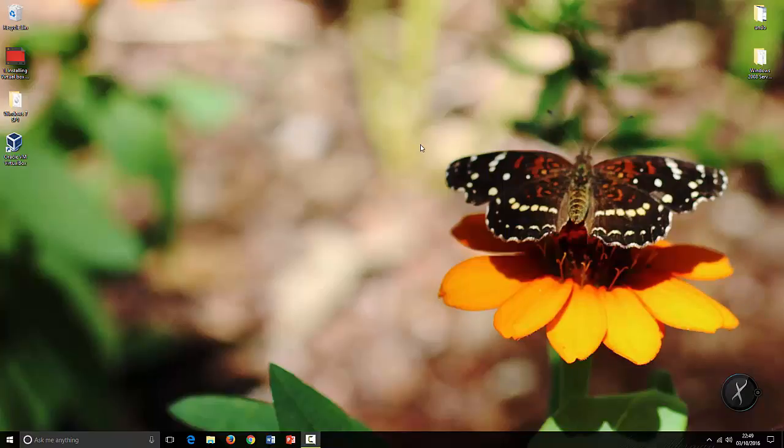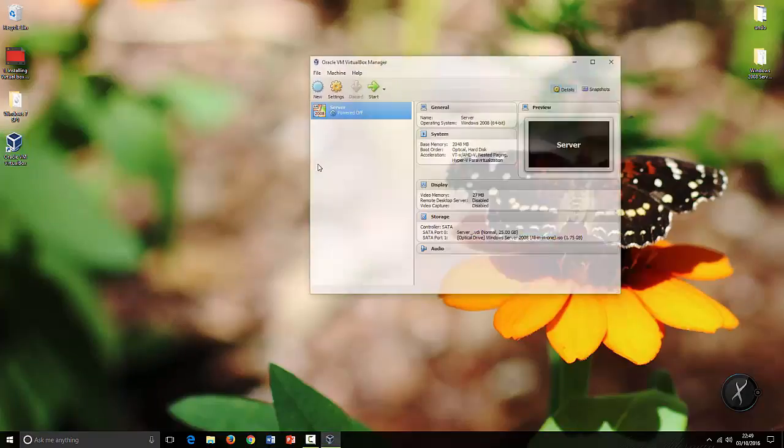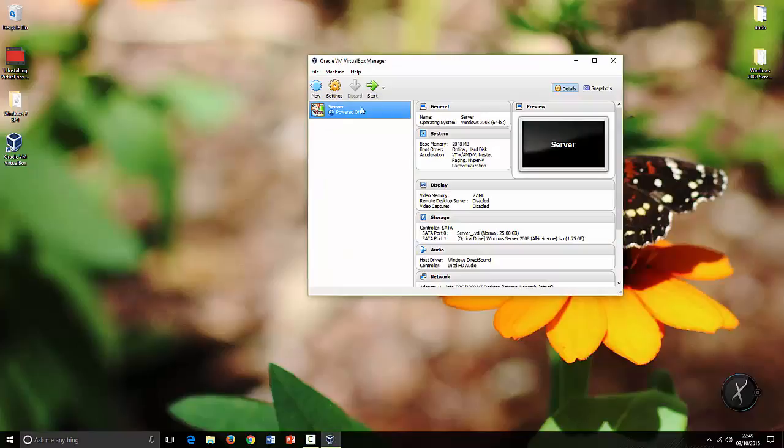Now in this video we're going to create one more virtual machine, and we're going to install Windows 7. So let's start with this. Here we have our shortcut link for VirtualBox. So let's start. As you see, we created a virtual machine last time and installed Windows 2008 in it. We're going to do the same thing, but now we're going to install Windows 7,